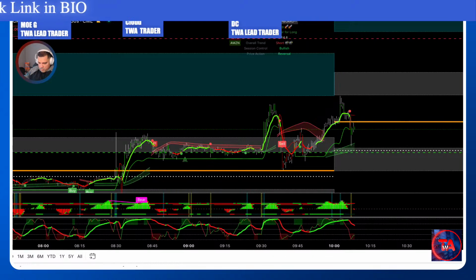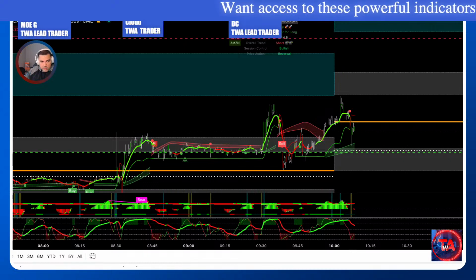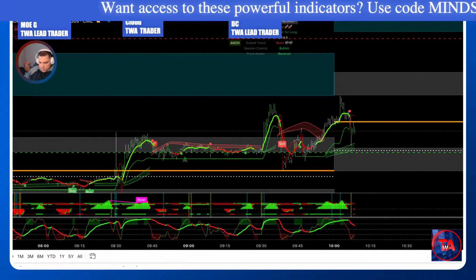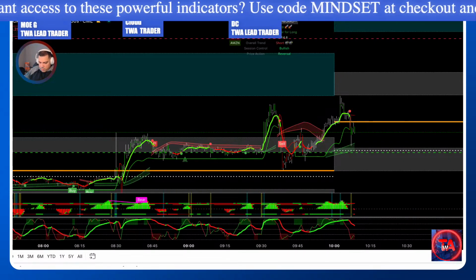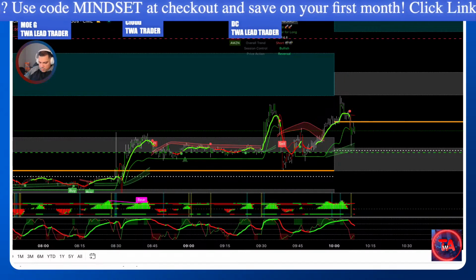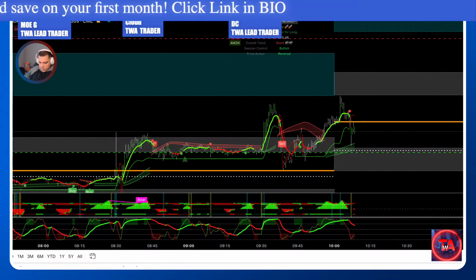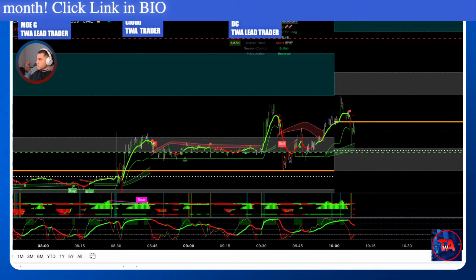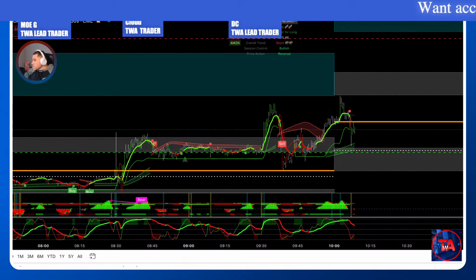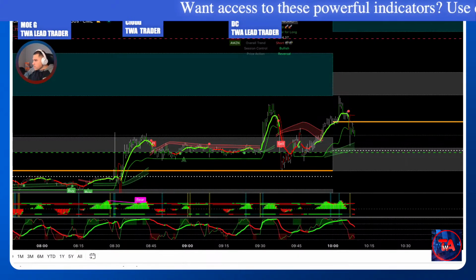That first trade actually went more than 50 points. I got 75. Yeah, that trade actually went more. And that second trade did go about 50 points. And this last trade,